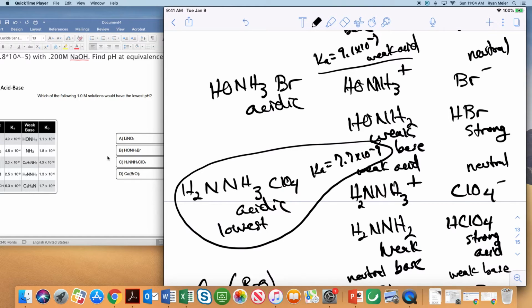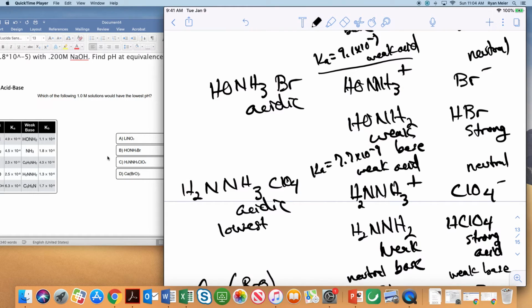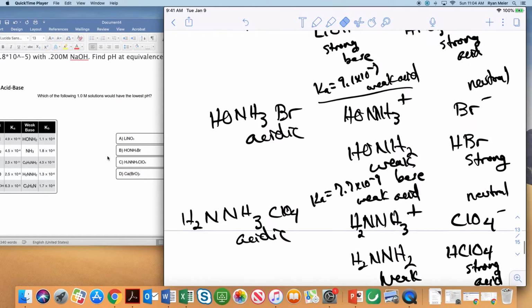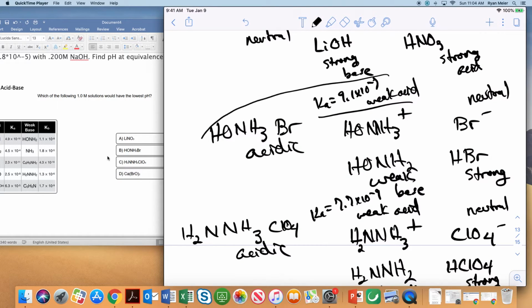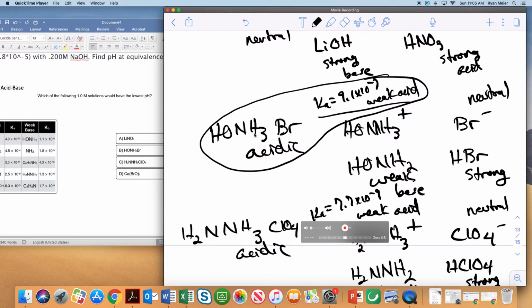I'm sorry, I just circled the wrong one. So let me get rid of that circle. It's the one above it that actually has the bigger Ka value. There we go. So the HONH3Br, this compound should be the most acidic and have the lowest pH of all of these